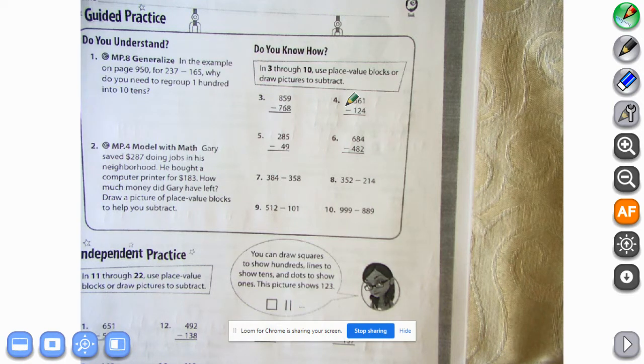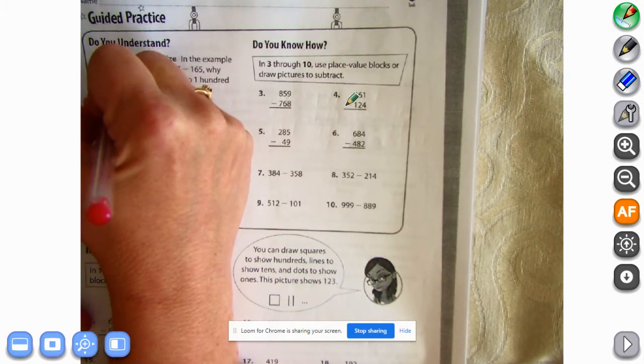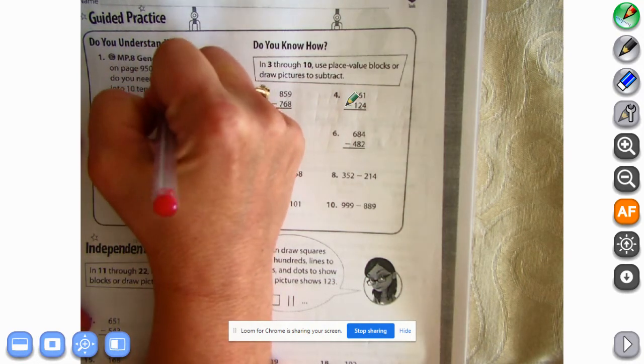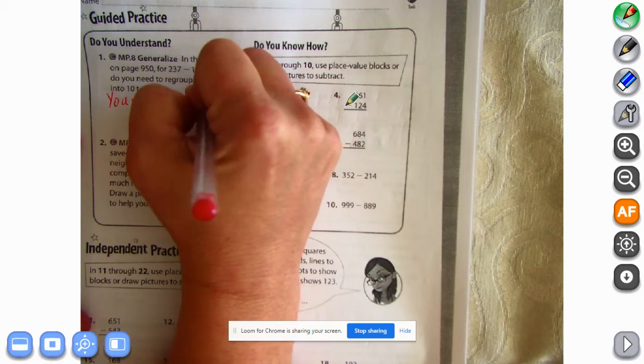For 237 minus 165, why do you need to regroup 100 into 10 tens? Remember how we had to break that one large 100 block into 10 rods? All right, so our answer is going to be you need to regroup